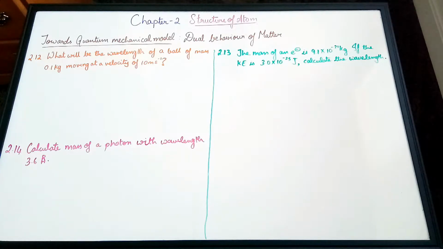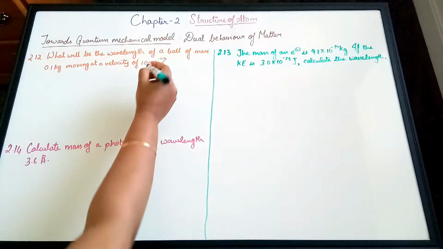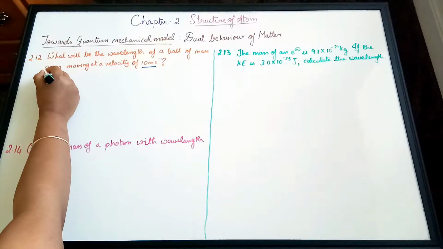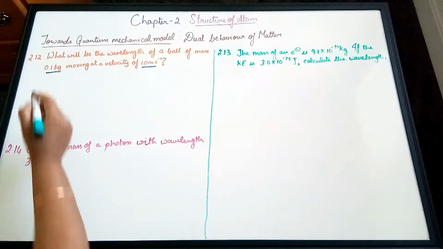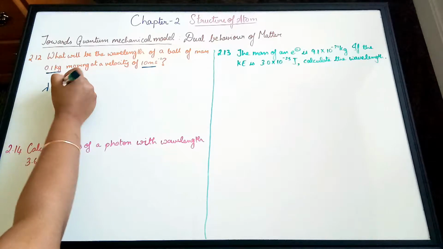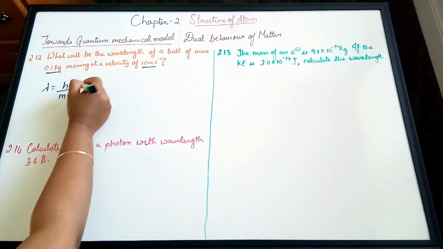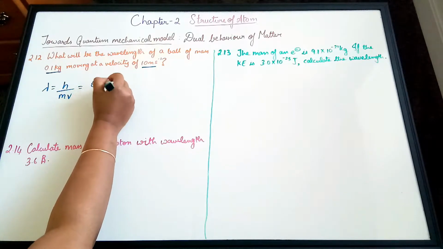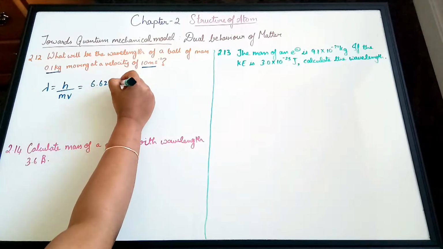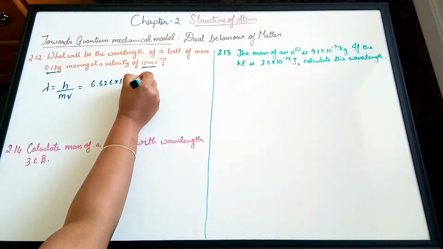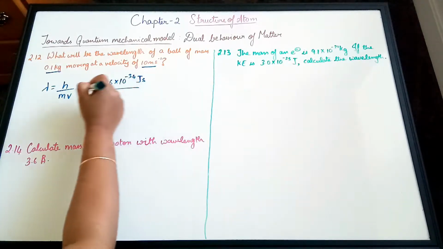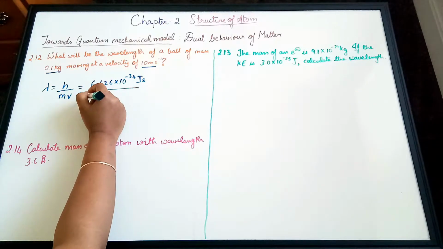Let's start. What will be the wavelength of a ball of mass 0.1 kilogram moving at a velocity of 10 meters per second? We have been given the velocity and the mass. From de Broglie's wave equation, lambda equals h by m into v, where h is 6.626, the Planck's constant, into 10 to the power minus 34 joules second, divided by the mass, that is 0.1 kilogram,